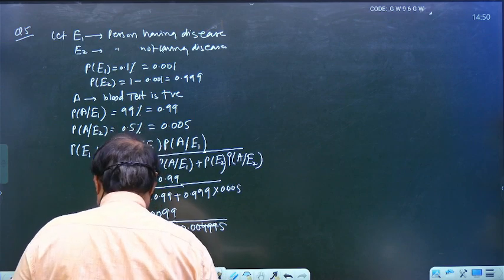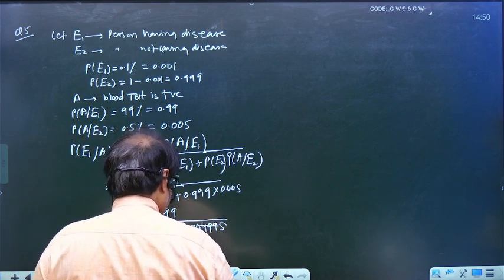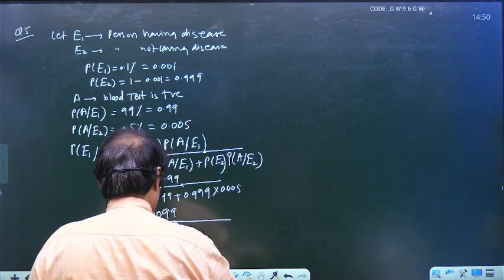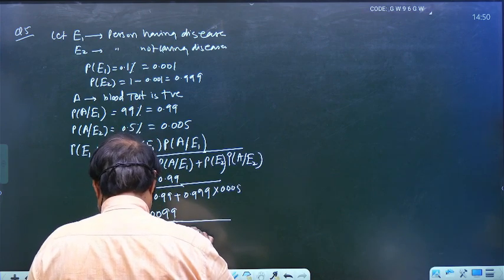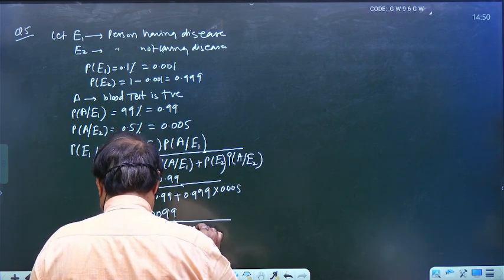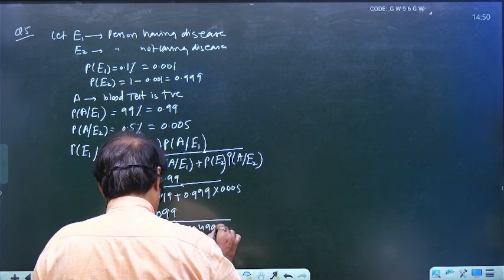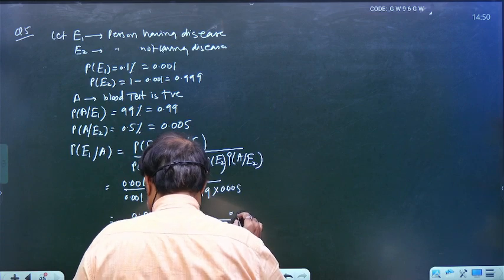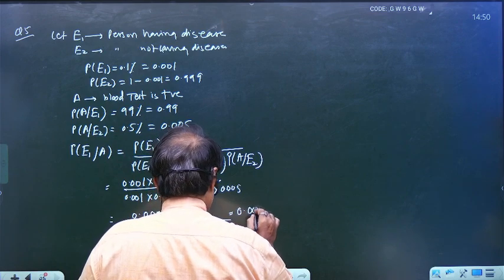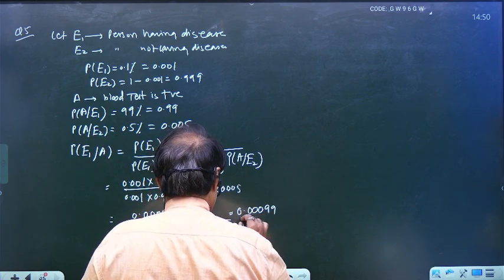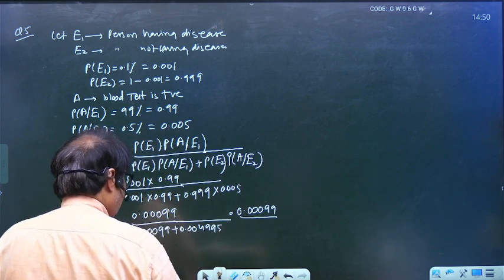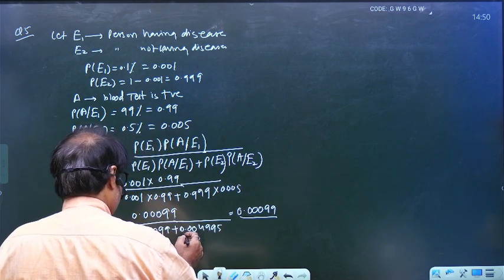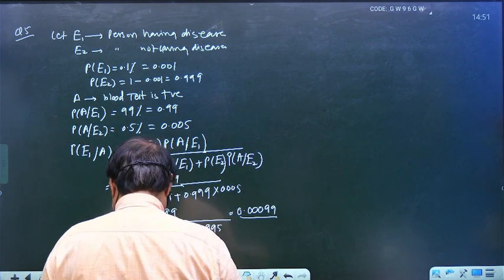Okay. So after the addition, 0.00099 divided by 0.005985. Okay, so it will be equal to,